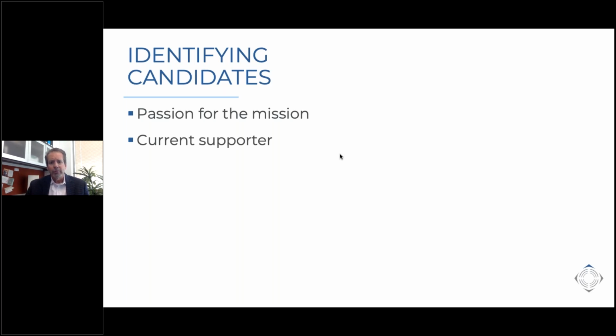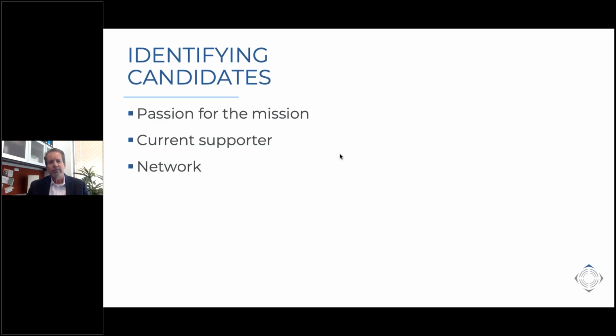In a perfect world, that passion for the mission and financial support would already be there before you would even invite them. That would be the price of admission to even be invited to the board. Hopefully, there's somebody that can bring a network, right? Introduce them to their friends, and that's intimidating to board members. And there's an artistic way of doing that in a different webinar we can dive deeper into, or if you want to talk about it in the Q&A time, you can ask about how we get board members to open up their networks.